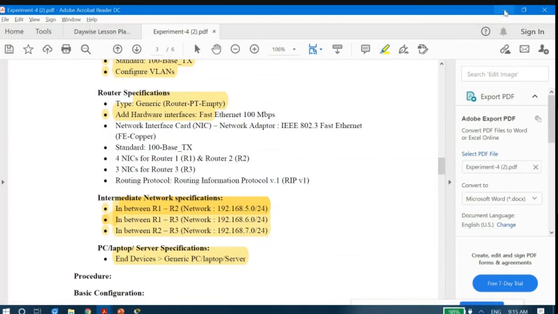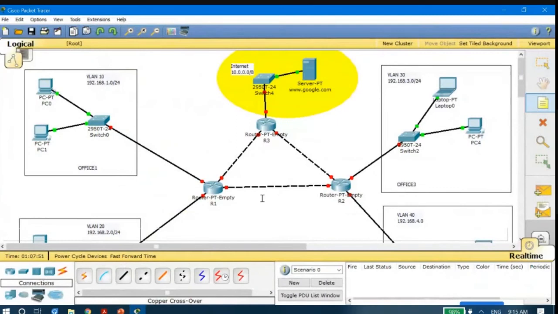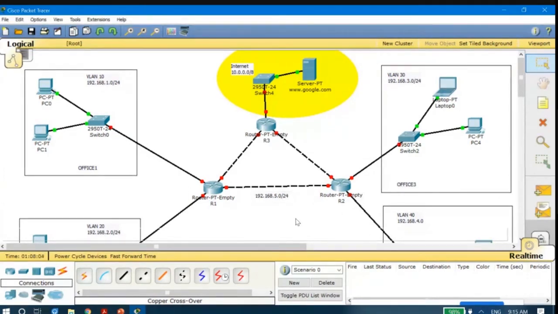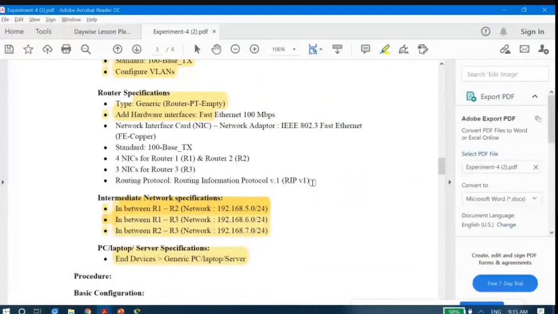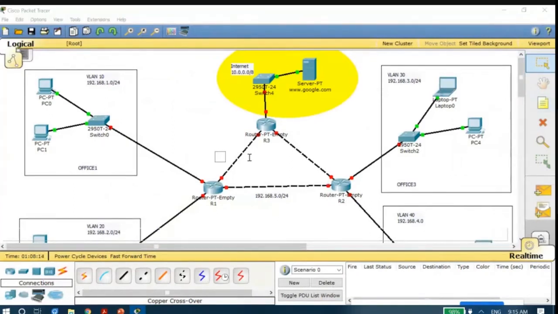Router R1 and R2, you could see that the network address is 192.168.5.0. Let me type it here. So here the IP address is 192.168.5.0/24. And then you could see the IP address between R1 and R3 is 192.168.6.0/24. Let me type that also here.